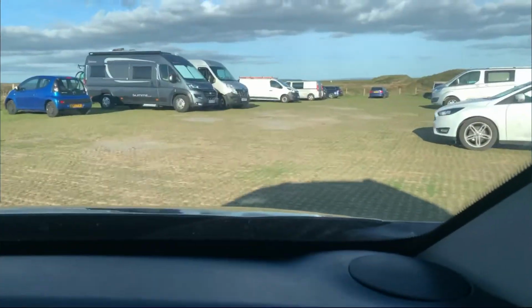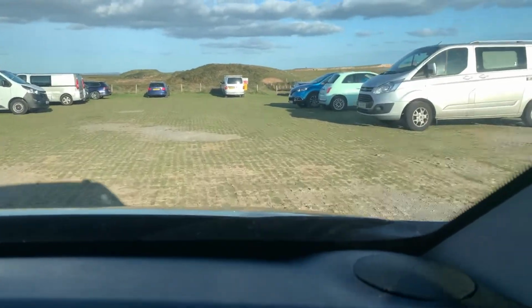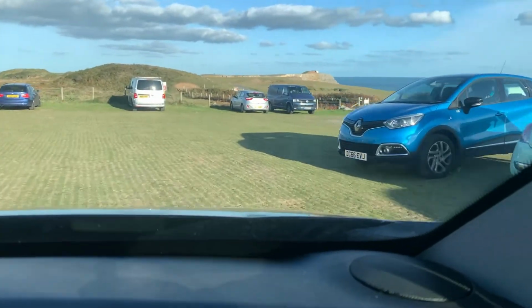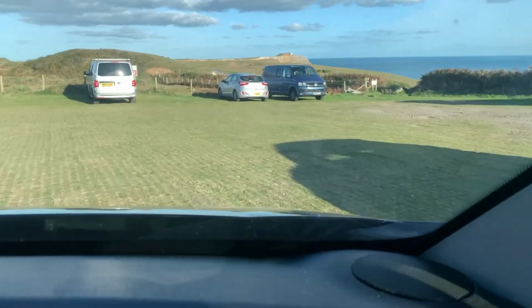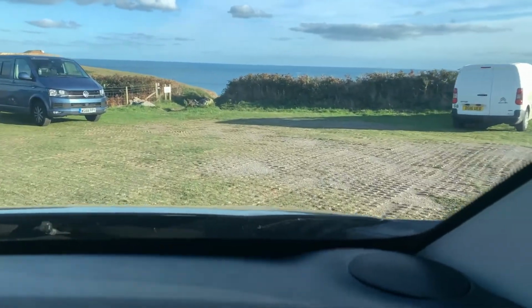So this is the cattle grid, and thankfully for me and for you lot, the flags are not flying red today. We have arrived. The scenery along this coastline where we are is absolutely stunning. We'll just find a place to park. There are a few vans here by the looks of it. I think we'll park